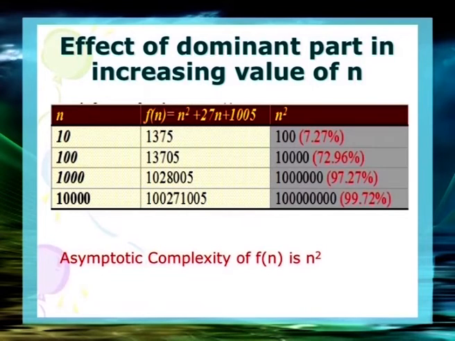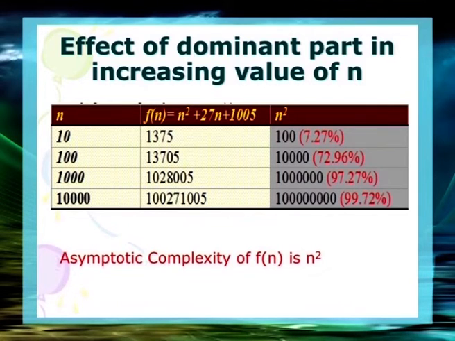As an example, suppose that for some algorithm the exact number of basic operations is n² + 27n + 1005. When n is small, say 5 or 10, the constant 1005 seems to be the dominant part of the function. However, as n gets larger, the n² term becomes the most important. In fact, when n is really large, the other two terms become insignificant